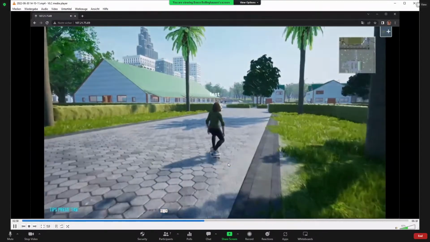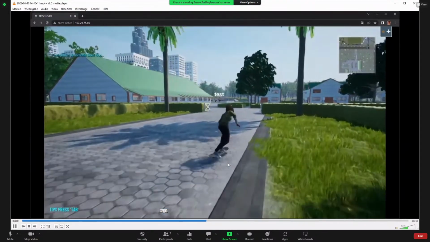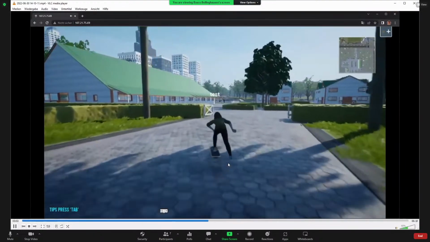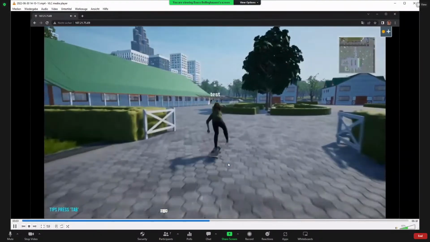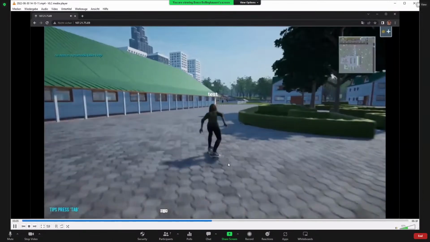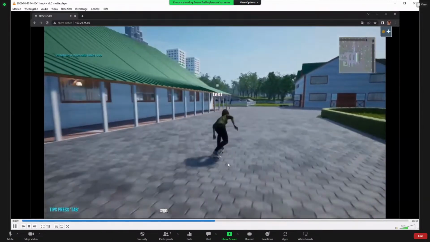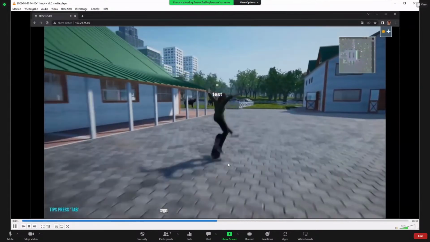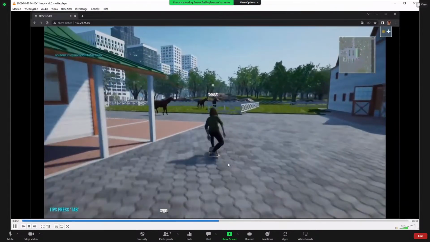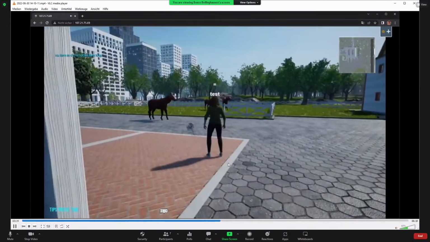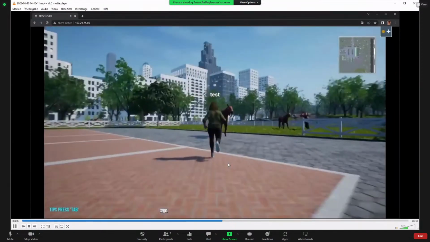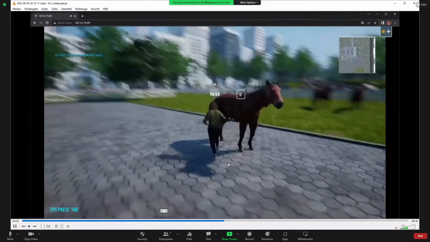This is, for example, another experience, because I think a virtual world or metaverse-like experience needs experiences. And so we fill in a lot of different stuff. For example, we have skateboarding. Here now you can see that we have horse riding implemented, because I think it's a different way of moving around within a virtual environment, which is not yet there in every world. But I think it's like reality.